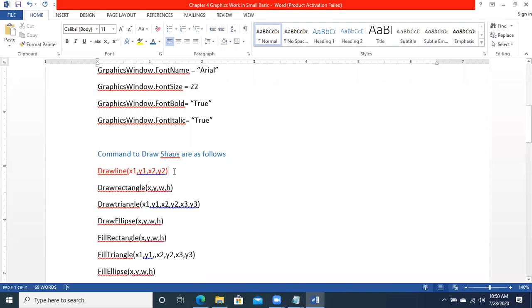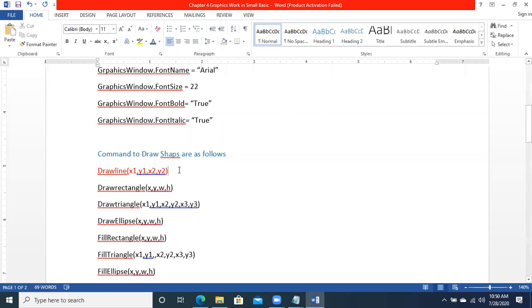So basically there are two points, a starting point and an ending point. The starting point is denoted by two coordinates, x coordinate and y coordinate, and the ending point is also mentioned by two coordinates, x coordinate and y coordinate. In this way we can draw a line.